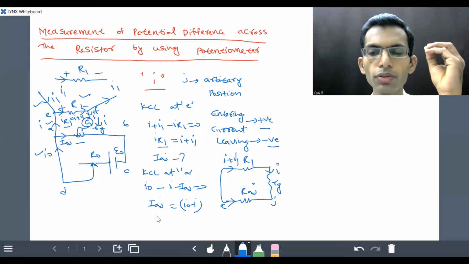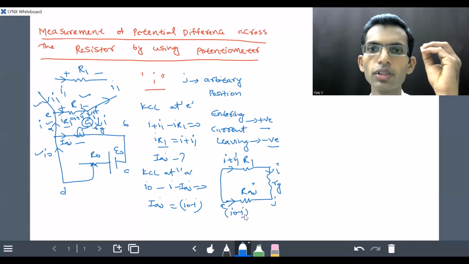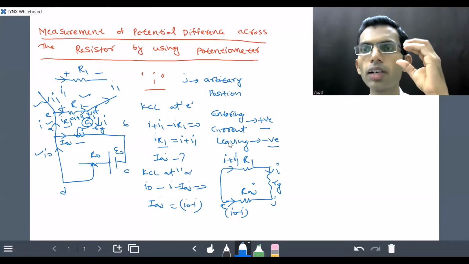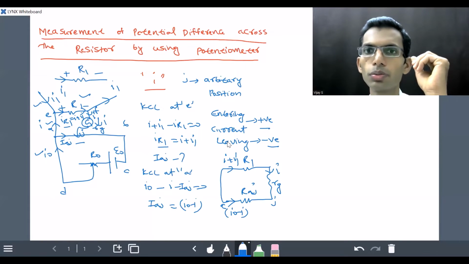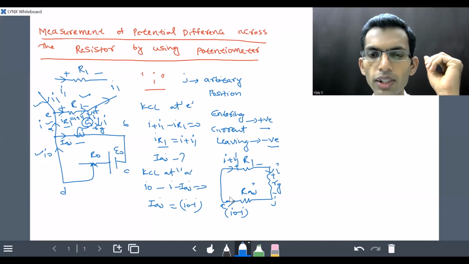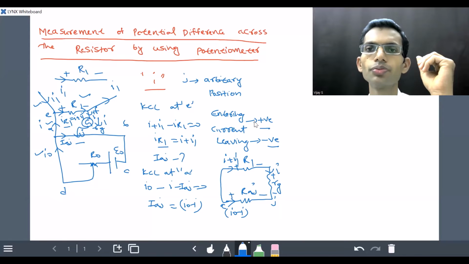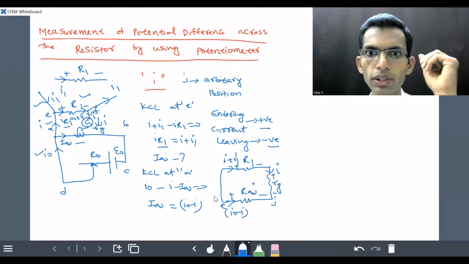What is the current flowing from A to J? That is IAJ, I0 minus I. So that we can also write. We know that current always flows from higher potential to lower potential. So we indicate the positive sign and negative sign like this. Here also current flows from higher potential to lower potential. Like this we indicate. So when we apply KVL to this loop,